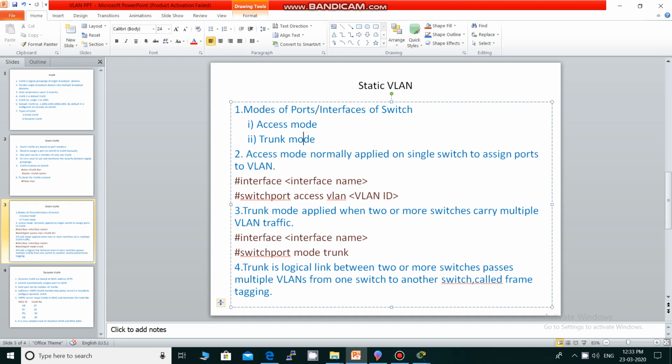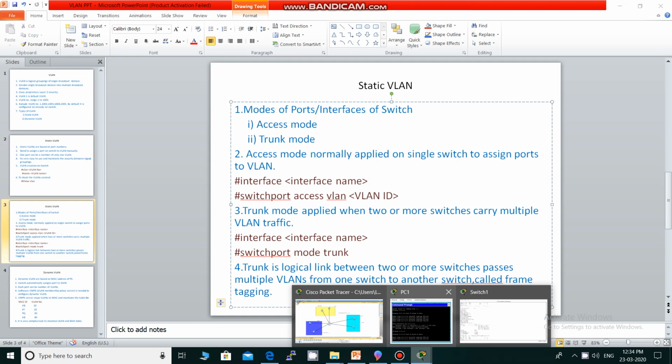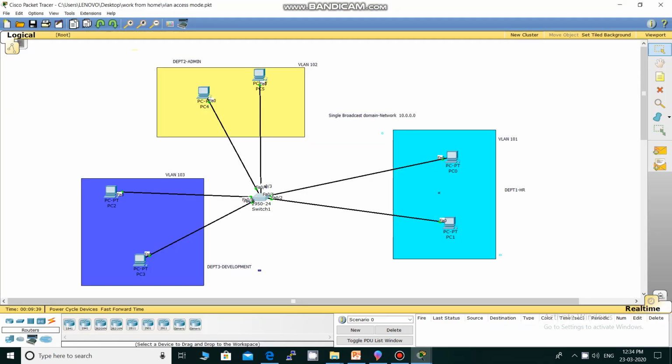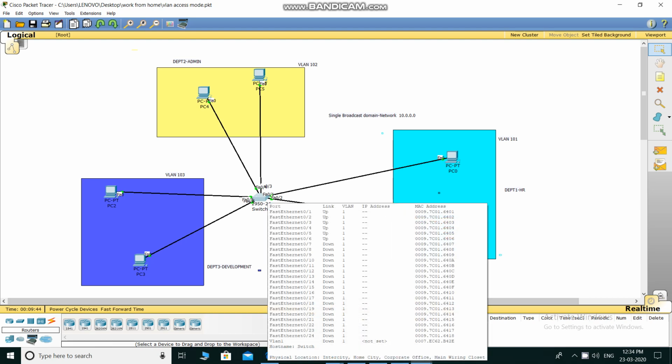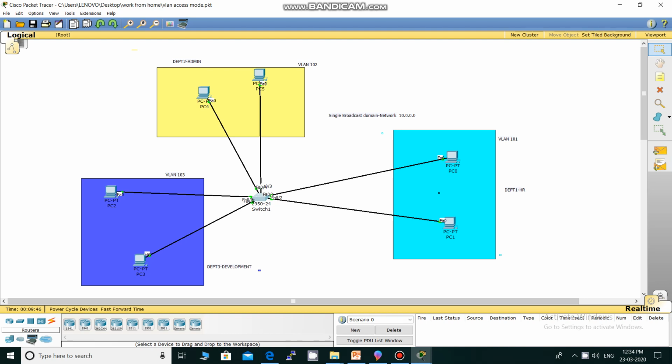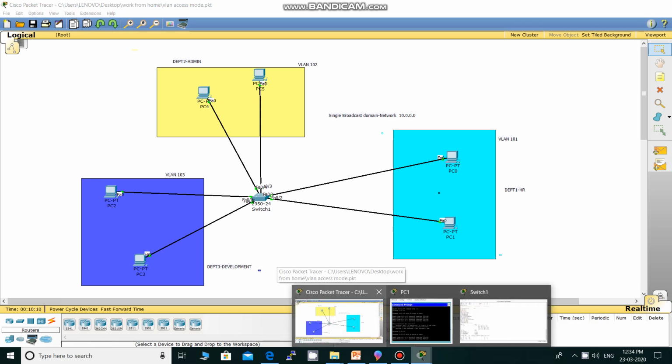We need to add port Fa0/1 and Fa0/2 to VLAN number 101, ports Fa0/3 and Fa0/4 to VLAN number 102, and Fa0/5 and Fa0/6 to VLAN number 103. As per this we need to assign these ports to the respective VLANs.